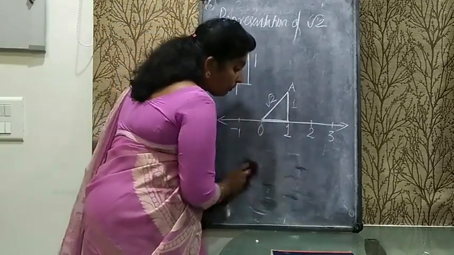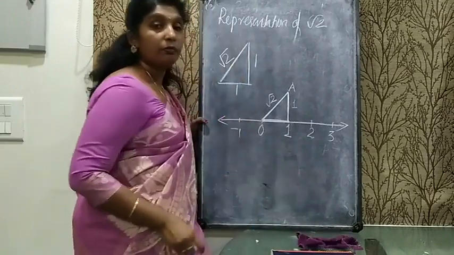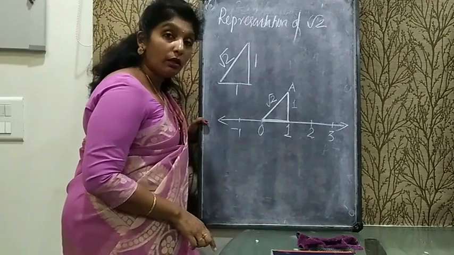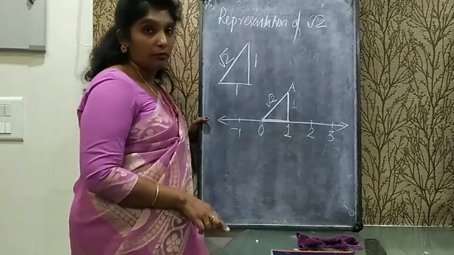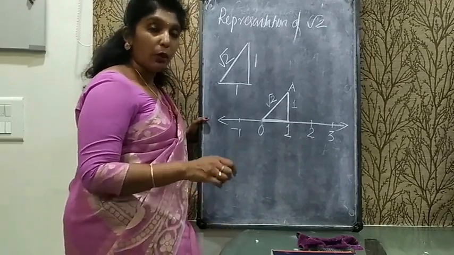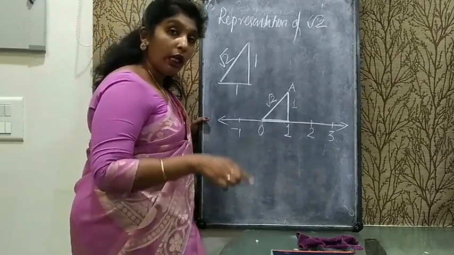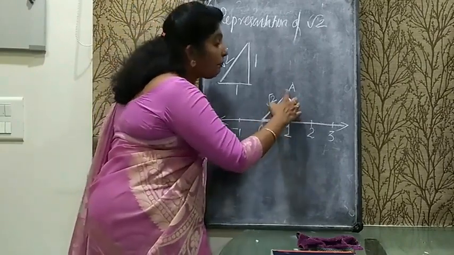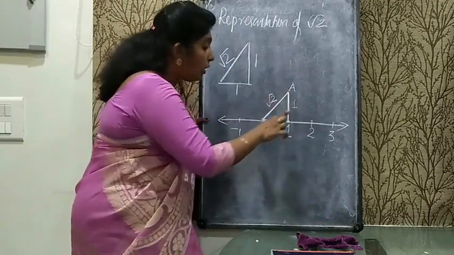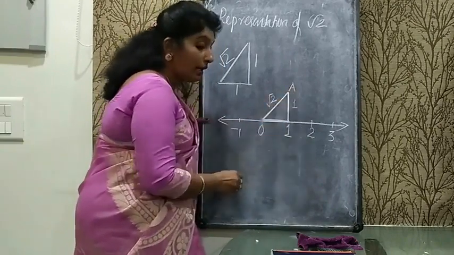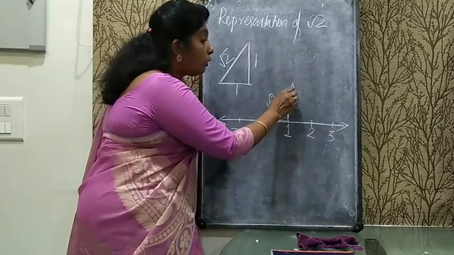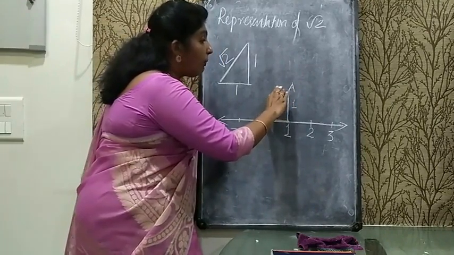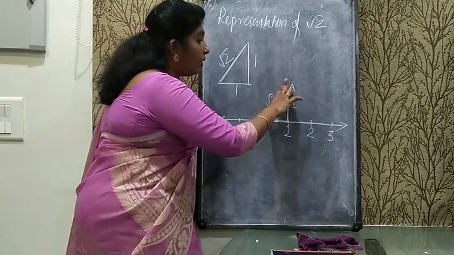Now one more step is remaining. What you have to do? You should take a compass. Okay, the pencil you have to put in the compass. Now the needle of the compass you have to keep here, and the pencil tip you have to keep at A. It means OA as a radius. You need to draw an arc here. How will you draw the arc? In this way.